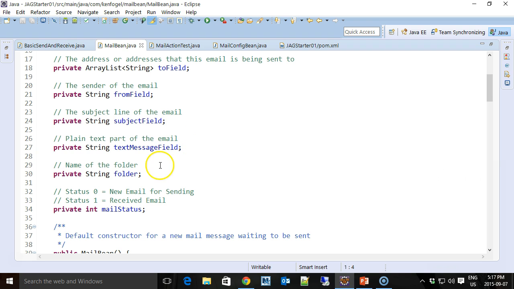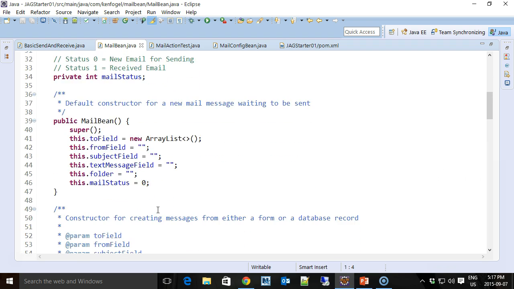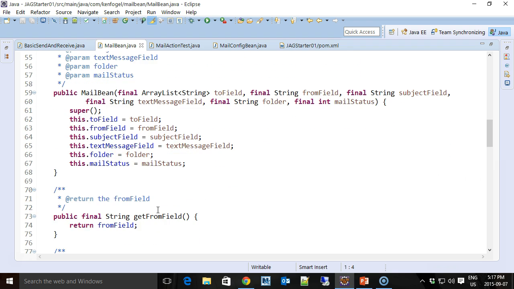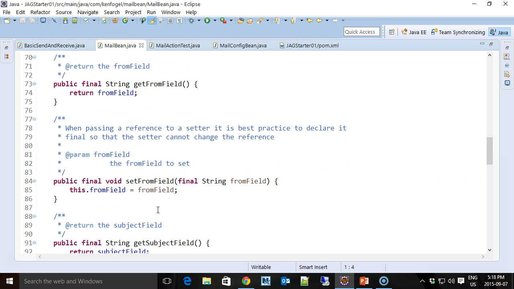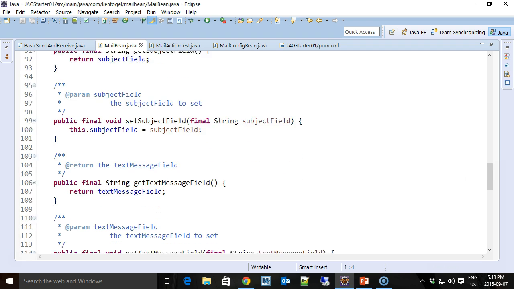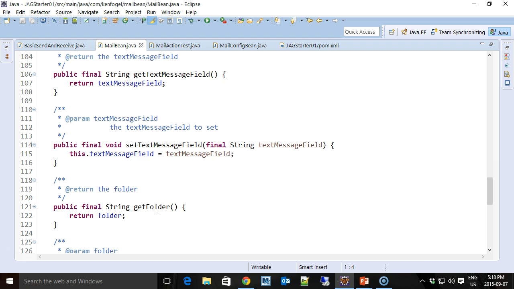I have 2 other fields that are not being used in this sample, just to remind you of additional information that has to be here. For instance, the folder name, and finally the mail status. Is this a message that we sent, or is this a message that we received? For the most part, the rest of the bean is fairly straightforward. We have a default constructor, we have a non-default constructor, and then we have the matching setters and getters, get from, set from, get subject, set subject, and everything seems pretty much to pattern